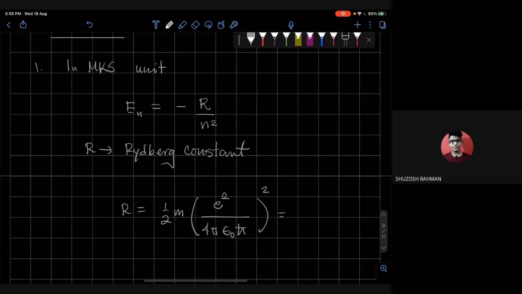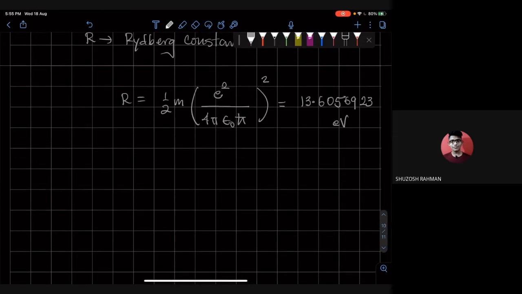And in electron volts, it's 13.6056923 electron volts. So that's comment number one. Number two is that